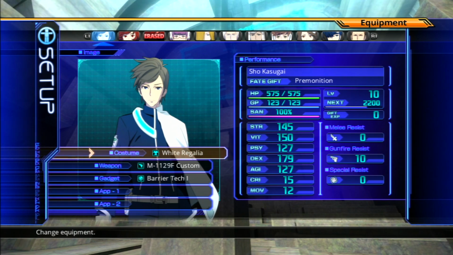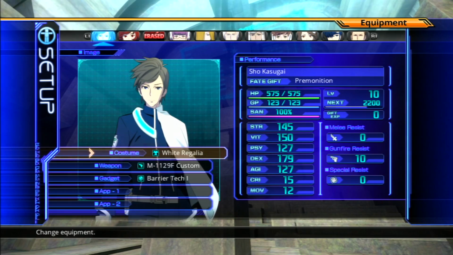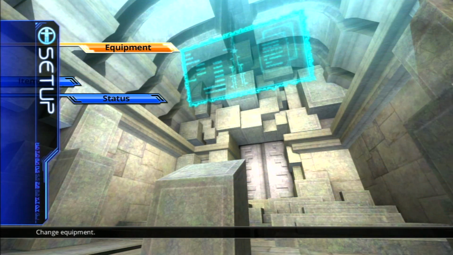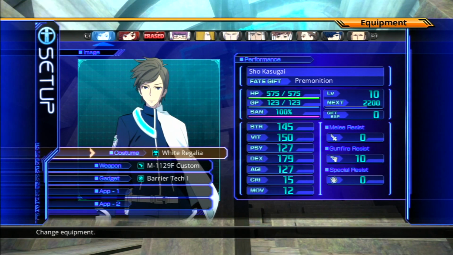But yes, White Regalia is free now. I believe a whole lot of the costume DLC was actually free for the first few weeks the game came out in America, but I don't think we got that promotion in Australia. I think here in Australia, we have to pay for all the DLC. So, yeah, can't show those costumes, sadly. Anyway,